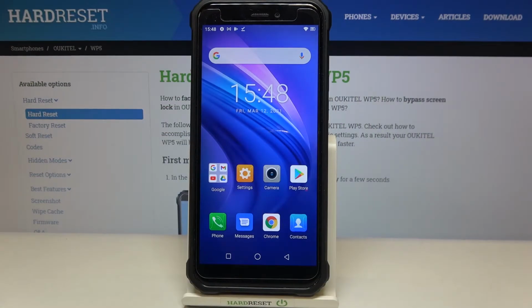Hi everyone, here we've got OUKITEL WP5 and let me share with you how to turn off running apps on